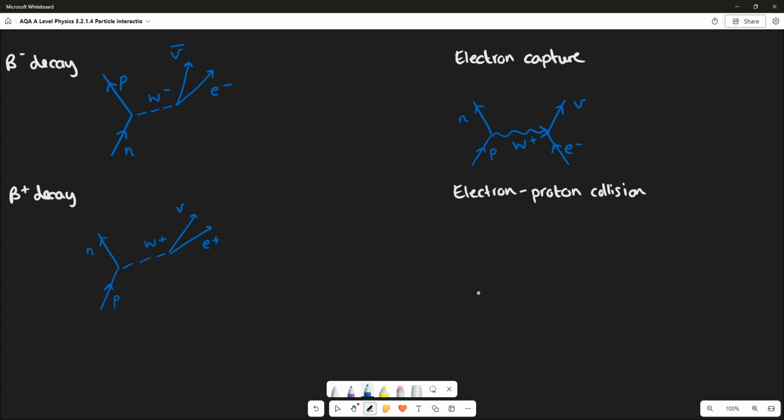Electron-proton collision is exactly the same process, except instead of a W plus boson, it's a W negative boson. So our proton and our electron are going to collide. The electron, there's the electron, is the initiator in this example, and we get the same